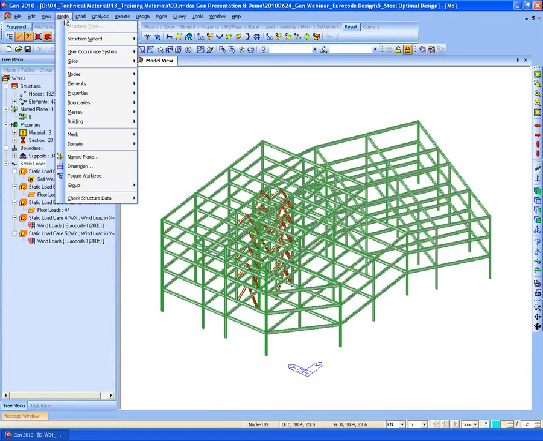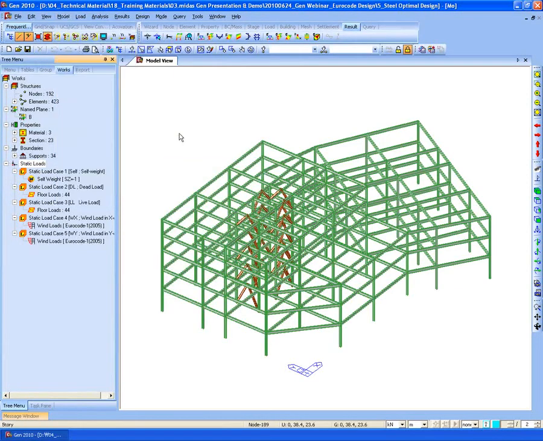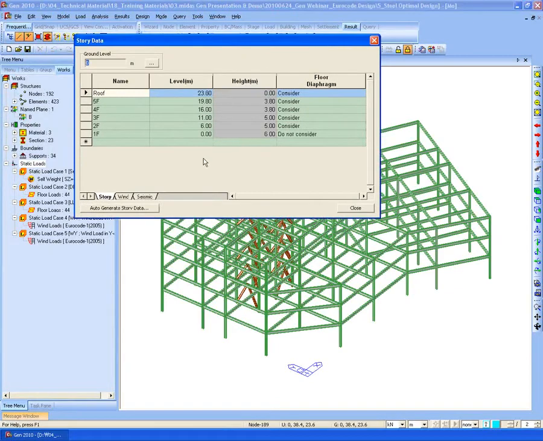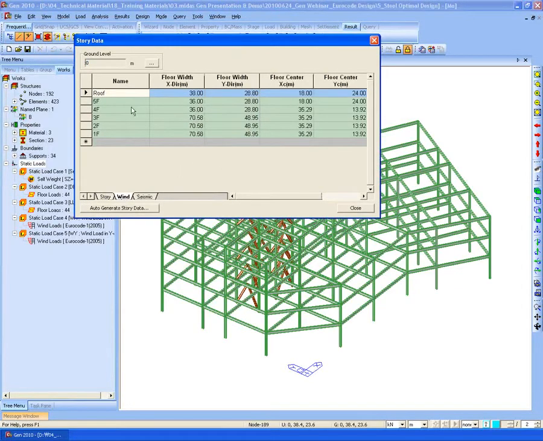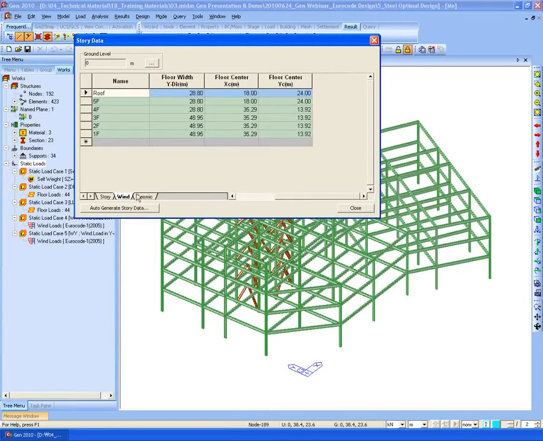If you go to the model and building story, this story data, if we go to the wind tab, in the floor center, I mean the dimension center, the wind load will be applied. So if we consider the eccentricity, it will be considered from the dimension center.